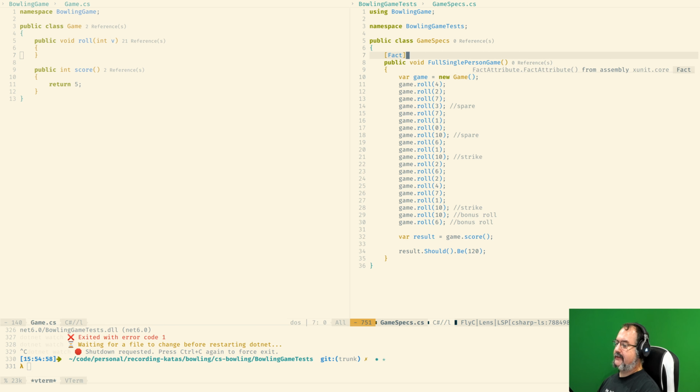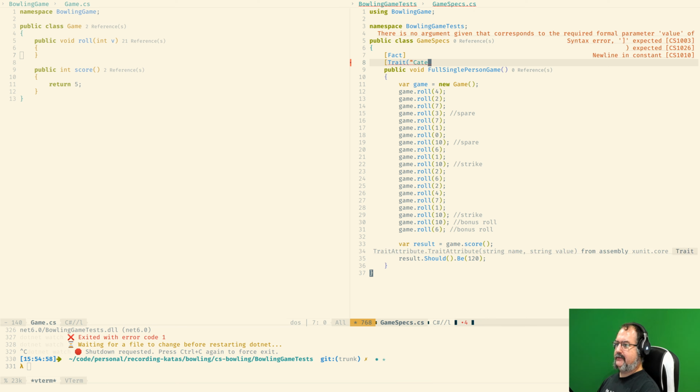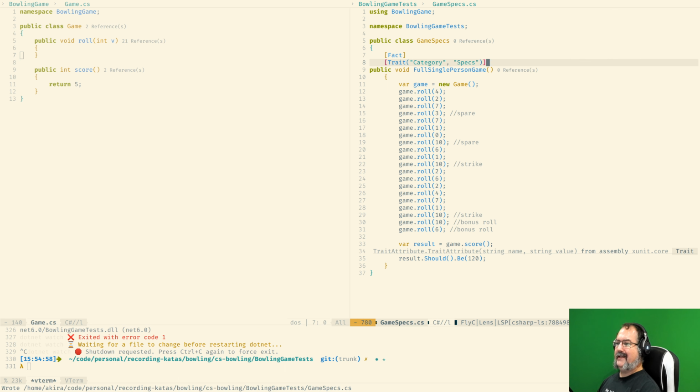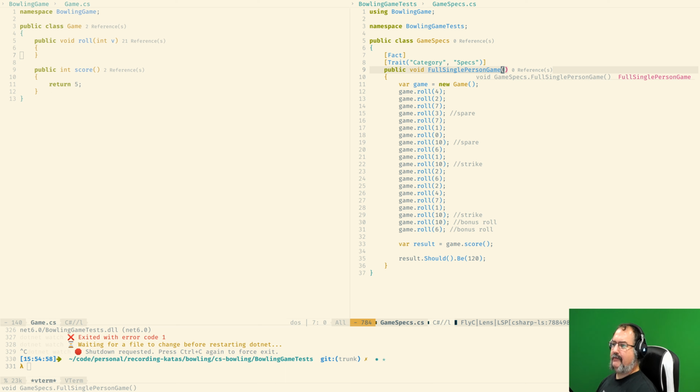Thankfully, xUnit comes to help with this idea of traits. Category, gonna call it specs for now. Not sure that's the nicest name possible, but doesn't matter. We can change that later. So we have this category of specs that we have decided this big one is gonna be.